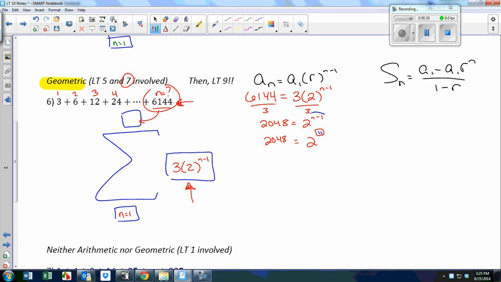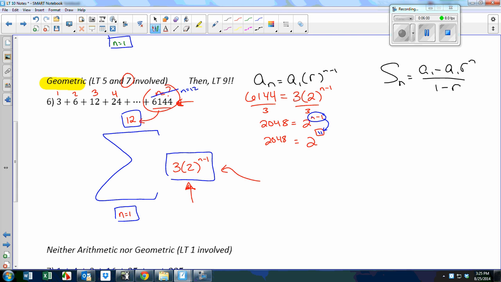So think about that. If n minus 1 becomes 11, what did the n have to be? It had to be 12. It had to be 12 minus 1 to make 11, which means we now know that the 6,144 is the 12th term. So we put a 12 on top of the sigma, and we have finished writing that series in sigma or summation notation. Last step,